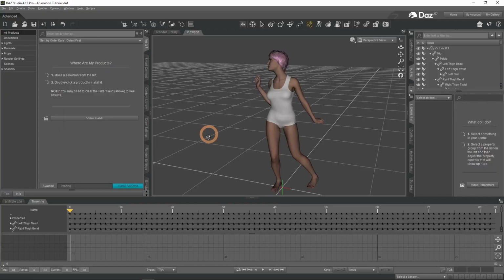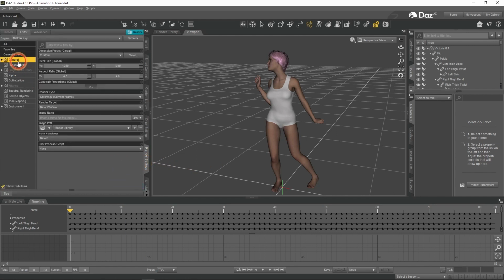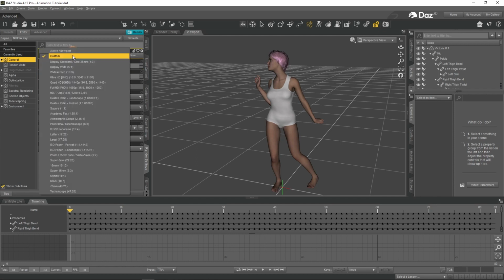Returning to DAWS Studio, let's talk about the last step of any animation, rendering. What do you need to know about rendering animations? Firstly, of course, we will need to open a render settings window. Starting from the top, general settings are the most important. Here you set up your aspect ratio and resolution pixel size. You can do it manually or use dimension presets up top.